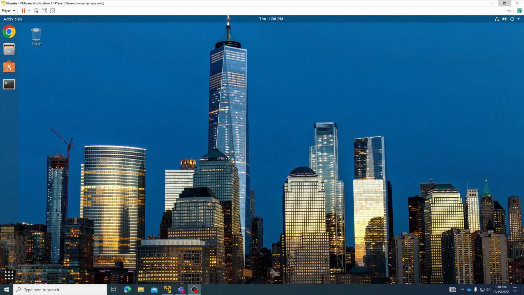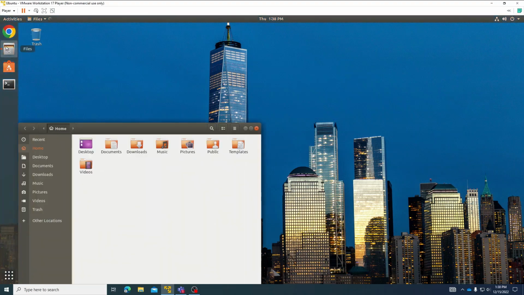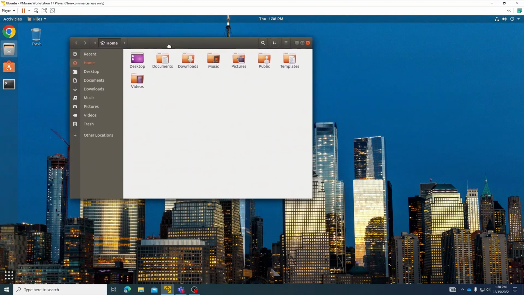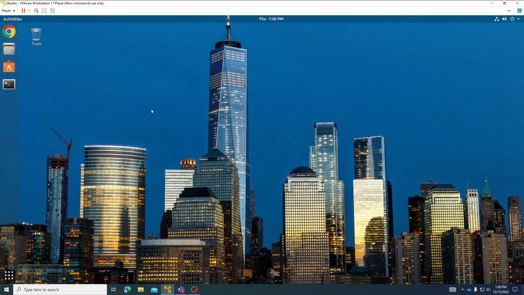Alright, and this is my virtual machine. So first I will show you the File Explorer. This is what the File Explorer looks like in Linux and Ubuntu, quite different from Windows 10. And you can see that I have all those regular things you would have, like desktop, documents, downloads, and such. And then here is the GUI, the graphical user interface. This is a picture that I set up, so this doesn't come default. But to change that, you can click on this waffle down here,